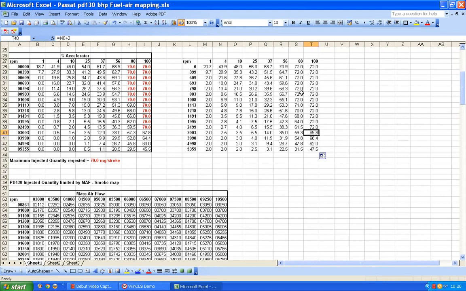Now I don't really want to increase the driver's wish map up at this end at all, because all I'm really interested in is seeing what will happen if I have a slight change. And so I don't really want to go massively above 70, because I already know that 70 is quite a high figure, considering that this file is being limited to 52 anyway by the torque map. So I don't really want to go above 72. So maybe I would just want to say to myself, no, I don't want those like that. So these ones that have gone above 70, well, I don't want plus 2. So I'll just go up there and I'll delete the plus 2